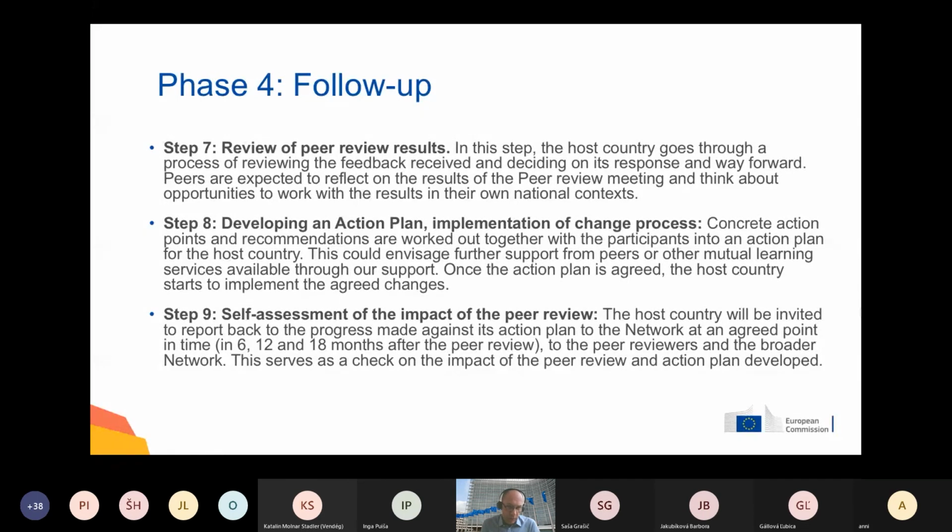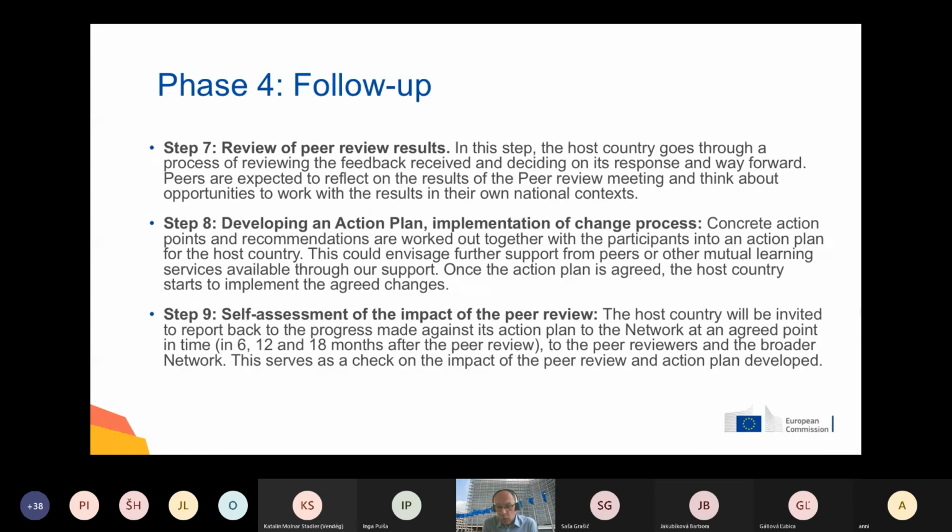Then concretely, the host country could develop an action plan where they explain more concretely how they will take on board the comments and feedback received, and how the policies that were reviewed could then be improved in the future. And then the last step of this fourth phase is reporting back, for example, after 6 months